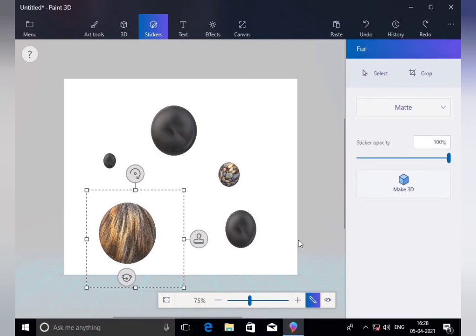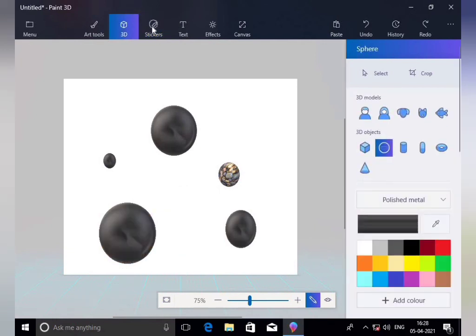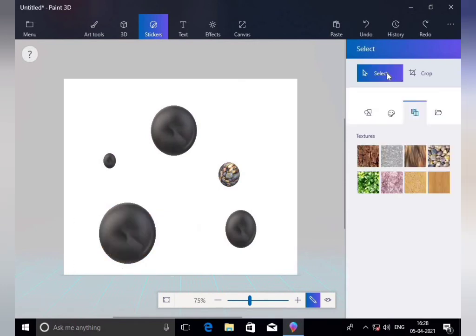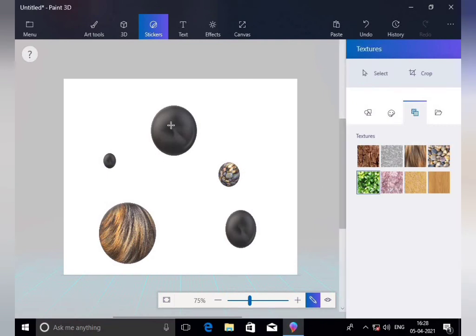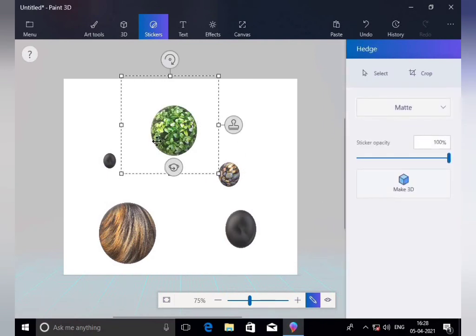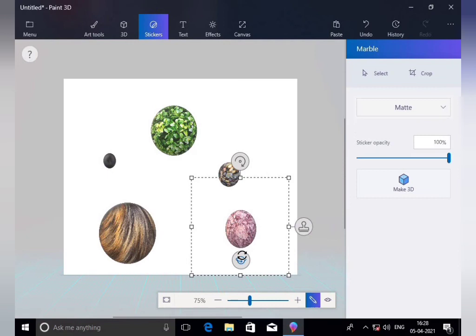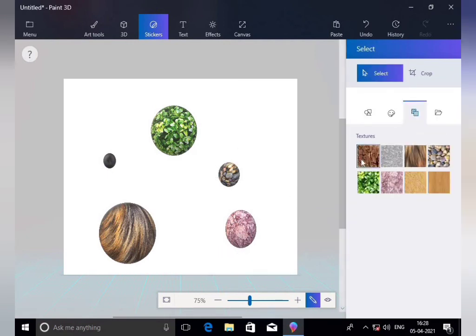Texture. Sticker, gray. Okay. Then green. So it is a green picture here, it fills. Now see this pink shade, so it is like pink color.